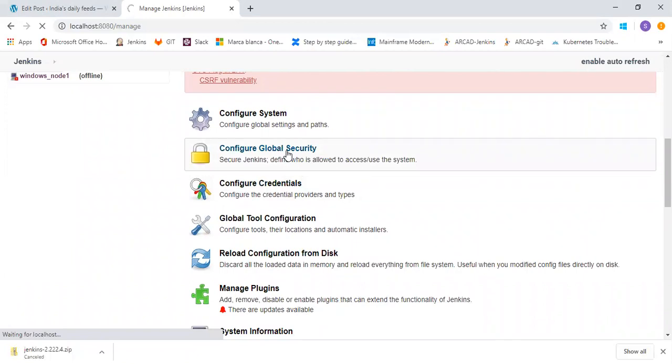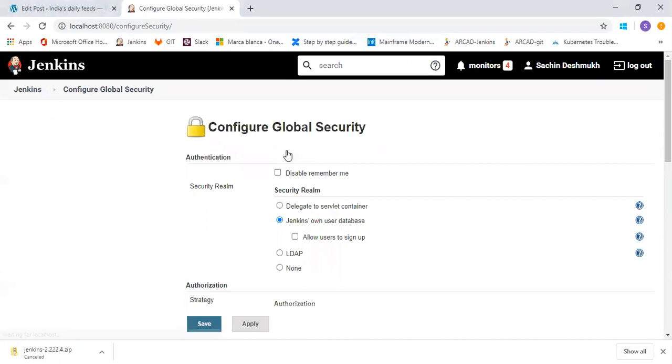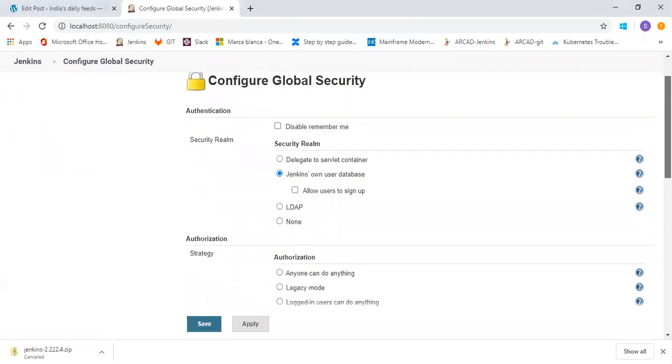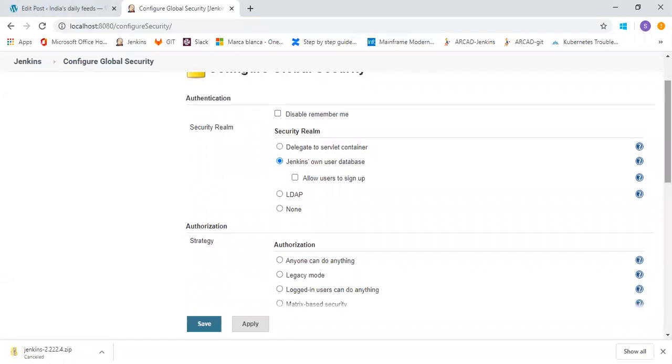Let's go into Configure Global Security. Security-related configuration you will find here. In the authentication section, you can see the security realm; for me, it's Jenkins' own user database. When I installed Jenkins, it uses its own database to store all my user information and the roles I have provided.